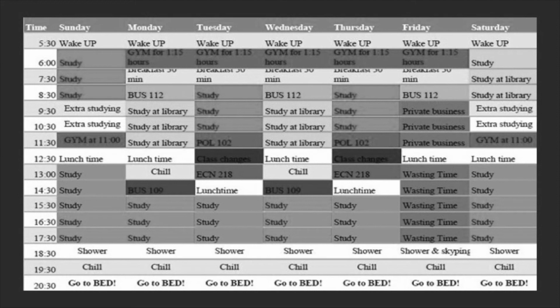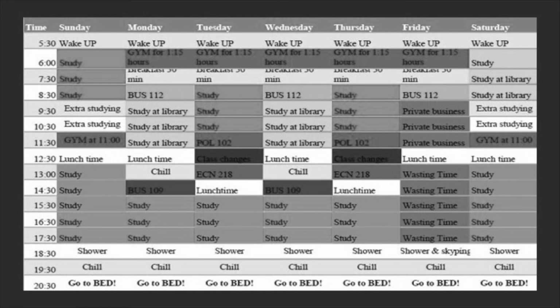This is an example of a weekly outlook. It might look a little overwhelming with so much planning for every day, but it works well for students who need more structure. For other students, you do not necessarily need to schedule chill time, your showers, or wasting time. However, there are a few things you should always have on your schedule. These include class, work, designated study times, meetings, practices, labs, clubs, or any other reoccurring event that takes up your